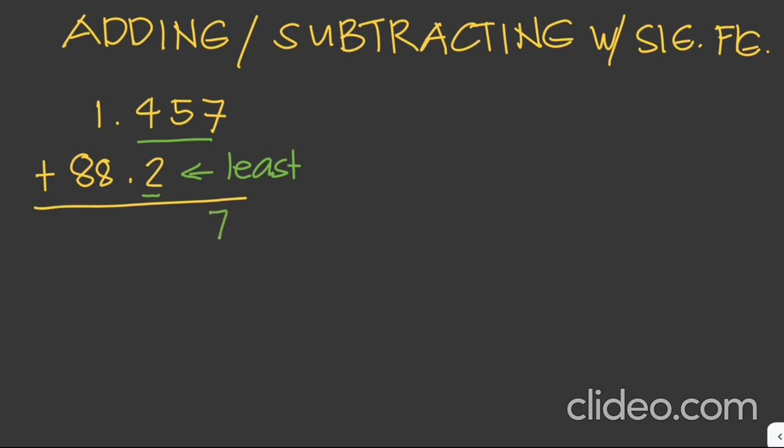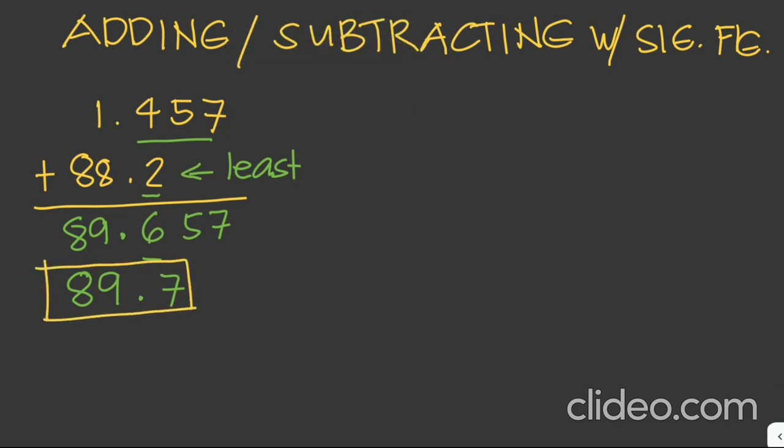So let's add this. 7, 5, 6, 9, 8. So we get an answer 89.657, and we need to round this off to only 1 decimal place. Okay, since the number after 6 is 5, then we just have to add 1 to 6 here. Therefore, our answer is 89.7. Okay, let's try subtracting some numbers here. Let's say we're given